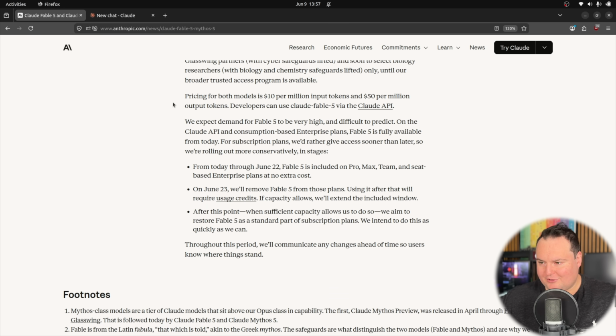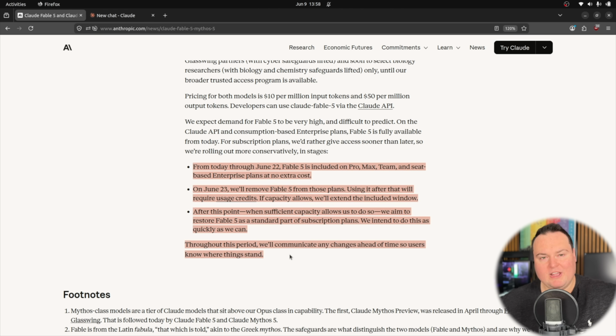So at the end here, they just talk about the pricing once more, and it's possible that this is just the static pricing, which would actually be pretty darn cool because that's not obscenely expensive for the capabilities of this model, as we saw in the benchmarks. They also list information here about accessibility and how it will roll out, things of the sort.